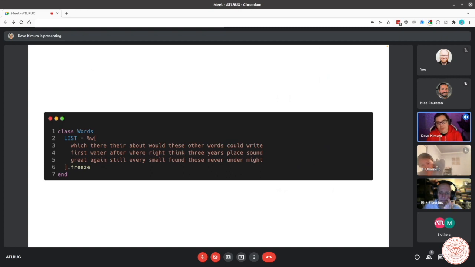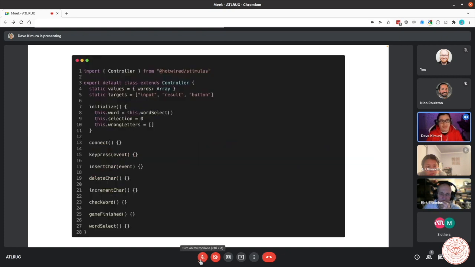And the Wordle clone actually does something very similar. They send all of the words that are part of the game into the JavaScript, then it just picks a random one. And so the stimulus controller is going to be a fairly basic stimulus controller where a lot of this, like lines 1, 2, 3,